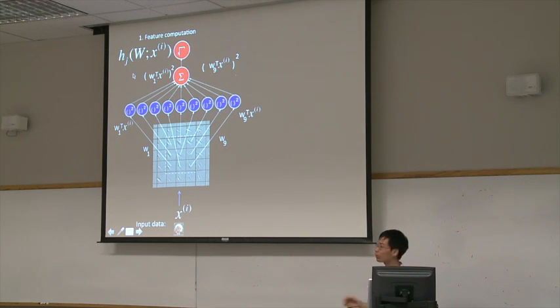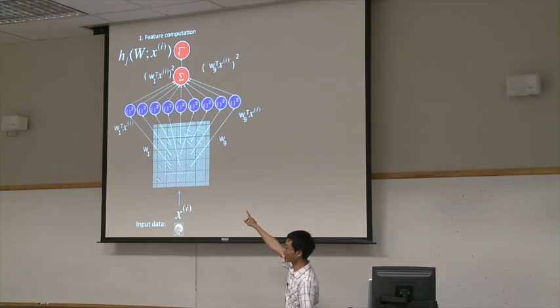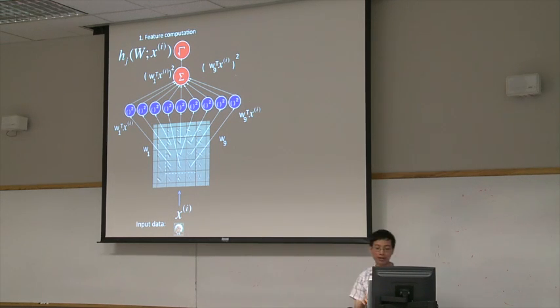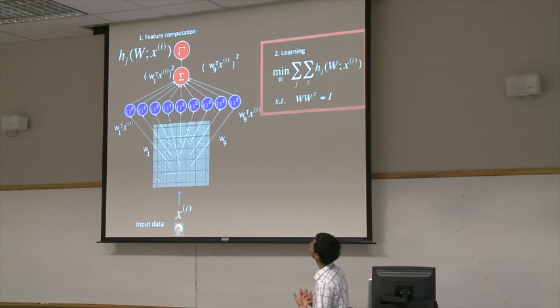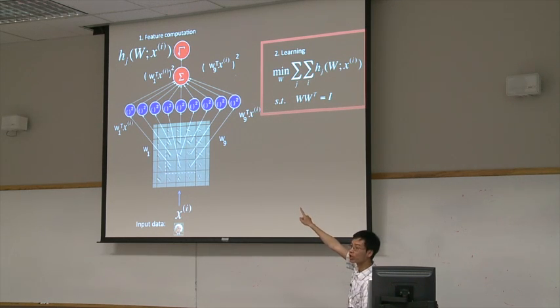Now the question is, here I cheated a little bit because I showed that the edges are coherent. So where do the edges come from? That's the question of learning. In learning, what we do is we want to maximize the sparseness of the features. In more mathematical terms, you want to minimize the activation of the features. So you want the sum over all j, across your data and across the map,